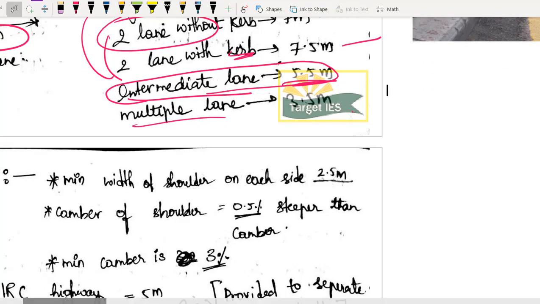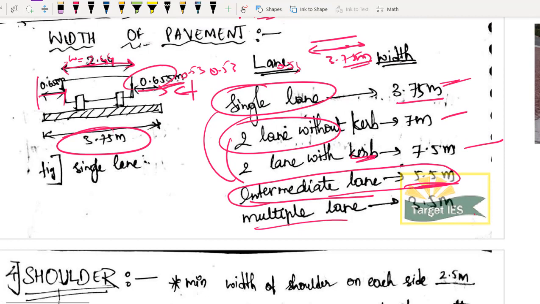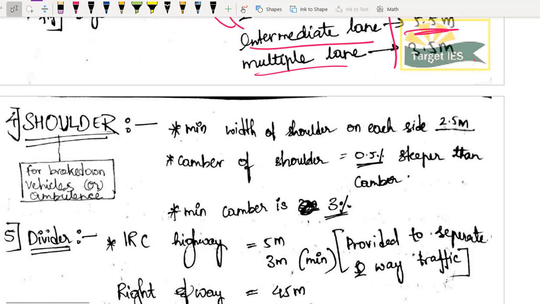So this is what, see, if you have confusion, please write down. When I said the definition of intermediate lane, please write down. You will not get this in textbooks, or else again you will be confused. Whenever you see the table, you will be like, sir, what is this intermediate lane? I never read it. So I hope you got it right. I am explaining everything in detail. If you want me to explain even further in detail, please ask me in our group. I will make sure that whatever doubts you have, it will be cleared in the next modules.